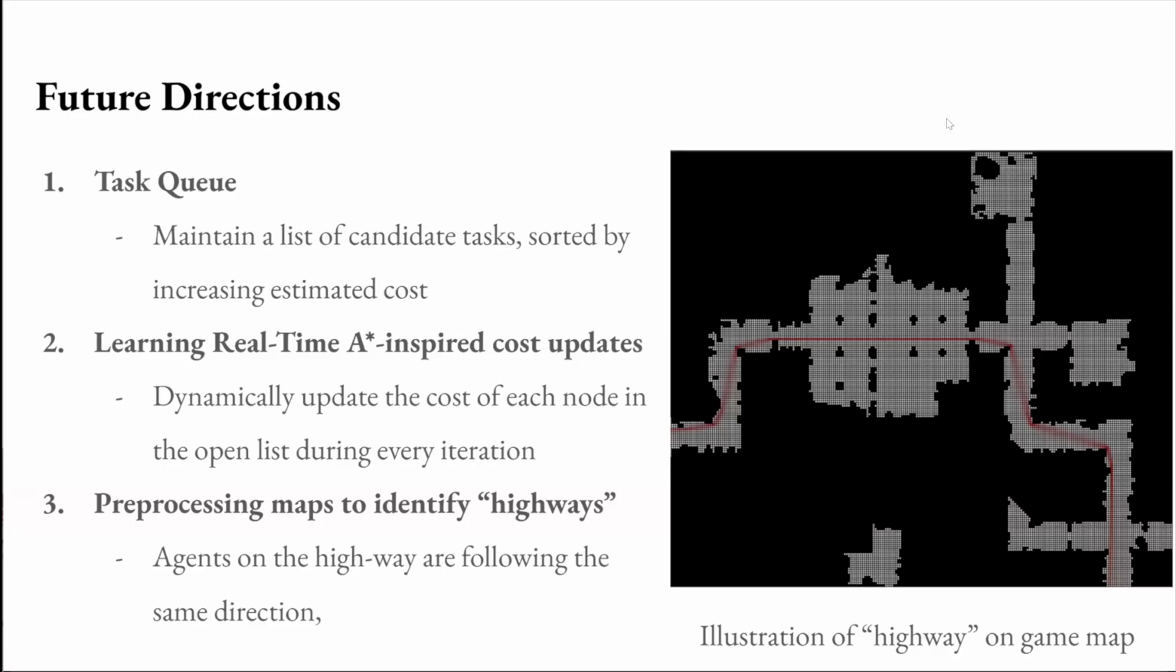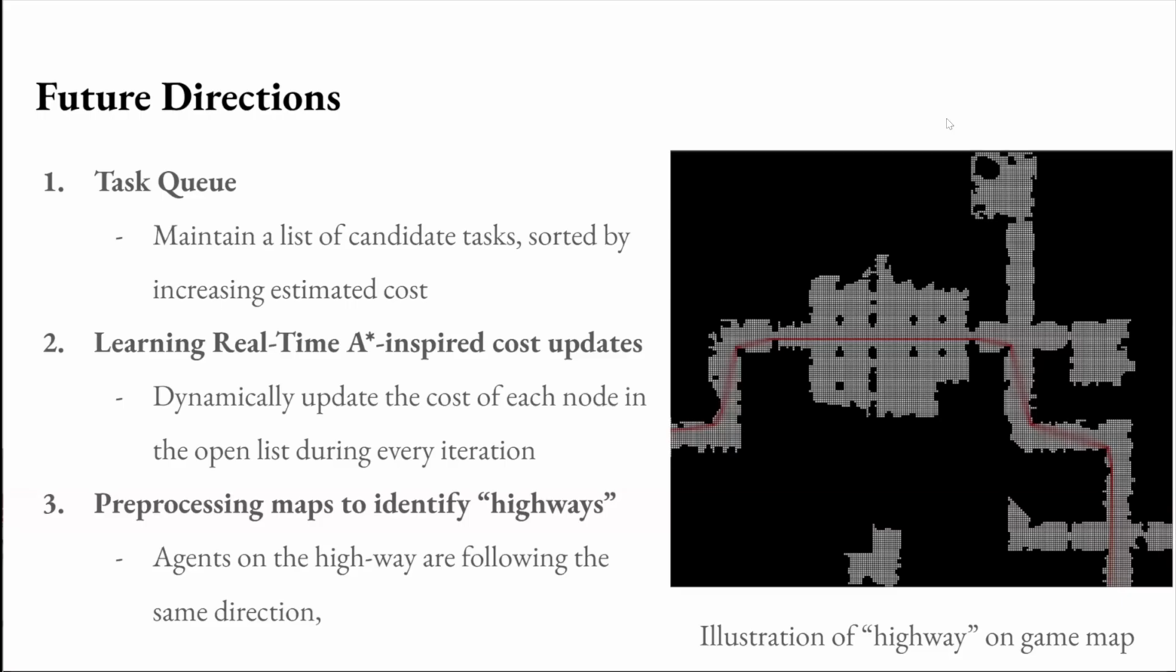And then the second thing is inspired by the algorithm learning real-time A-star, where we try to dynamically update the cost of each node during each iteration, so that it's not a fixed cost, which is supposed to improve the quality of that estimated cost. And then the third one is to pre-process the map to identify the highways on the map,